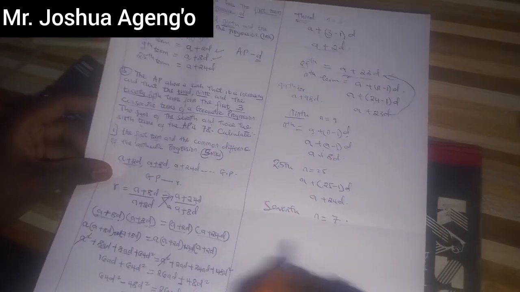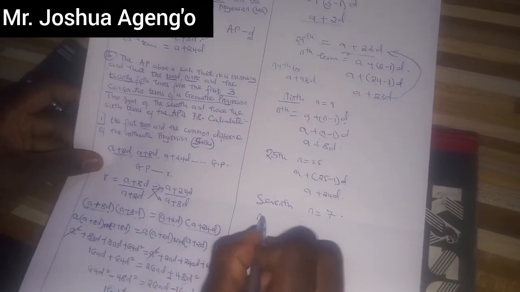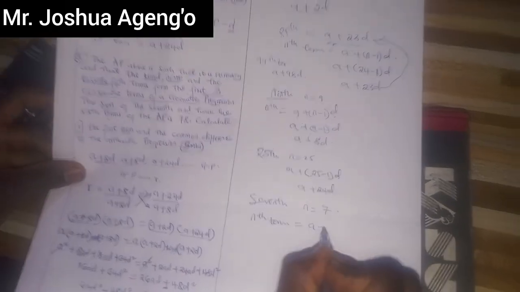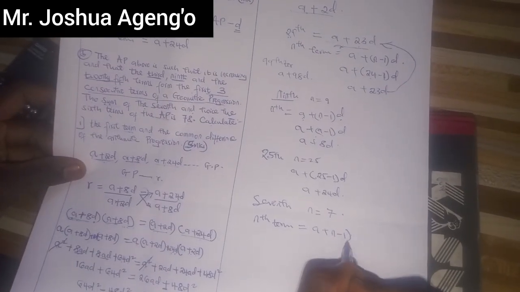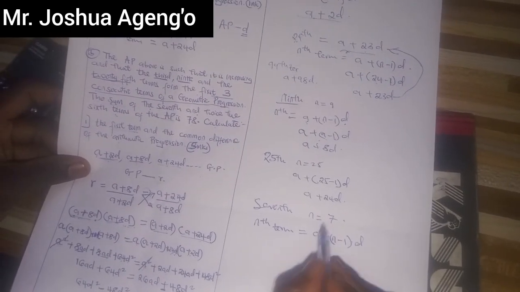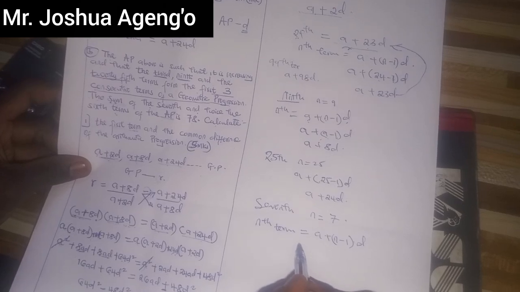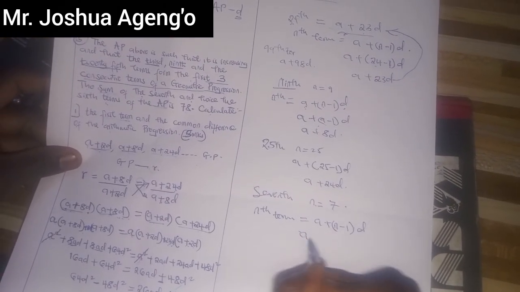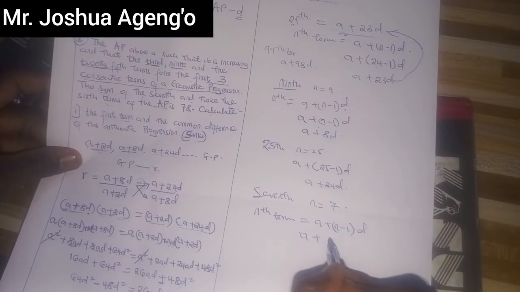But how do we get the nth term in an arithmetic progression? The nth term is given by the formula a plus n minus 1 in bracket d. So I'll have nth term, n is 7, so I'll have a plus 7 minus 1, that is 6 times